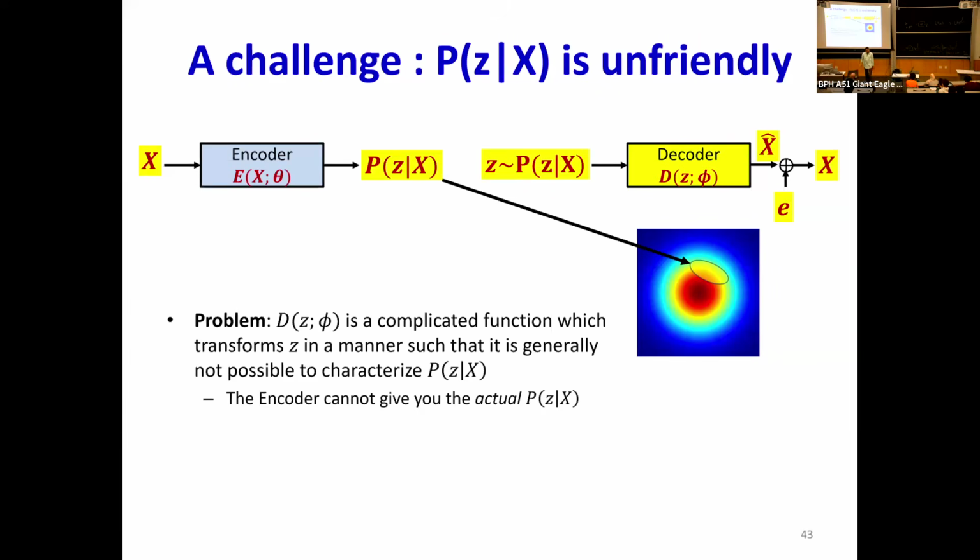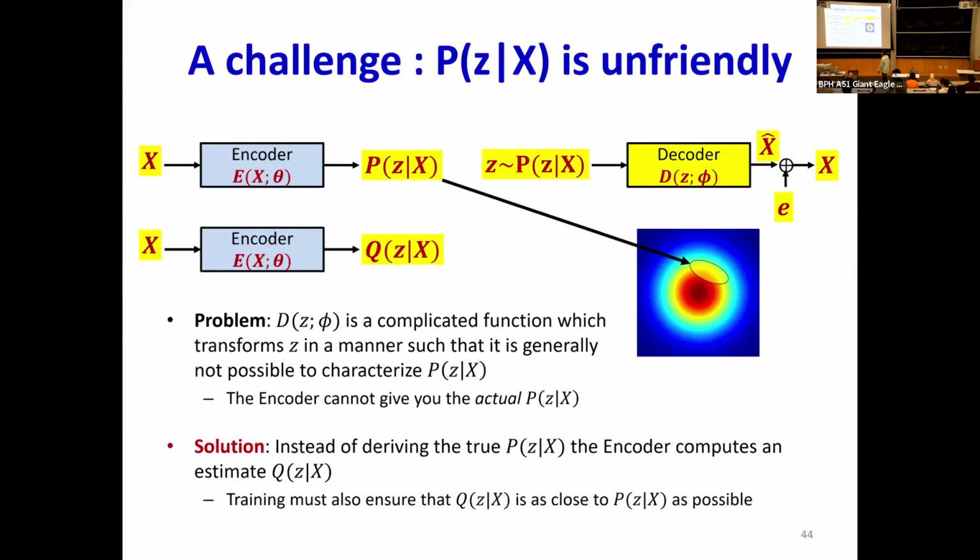I don't know what this guy looks like. It's definitely not going to look like a Gaussian. It's going to look some crazy shape over all possible z's, right? Maybe this little portion or maybe this little portion is what became a particular face. But I have no way of determining this, right? So the encoder has to characterize this, but this can be arbitrarily ugly. The encoder cannot actually characterize it. And so we're going to do something. We're going to approximate it.